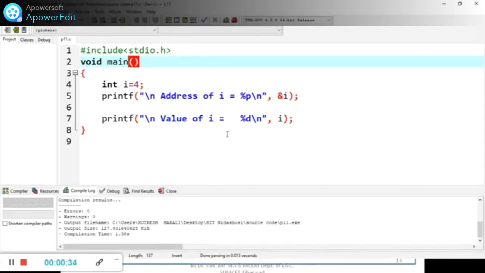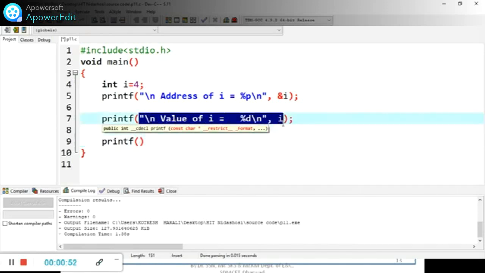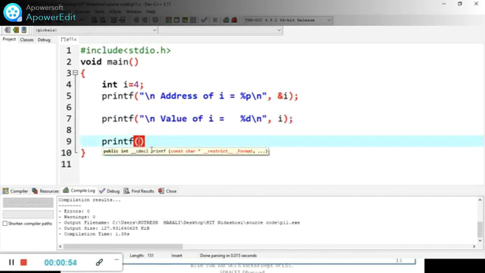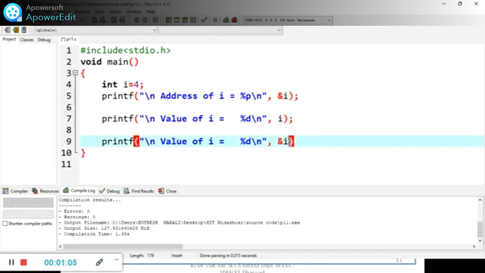In the last session we saw how to print the address of a variable and the value of that variable. Now I'll put one more printf statement. I'll copy this line where I try to obtain the value of i. The value of i can be obtained in another way, that is here.